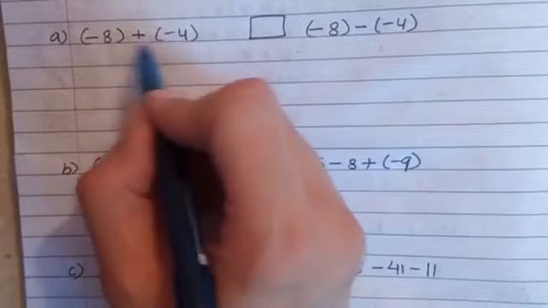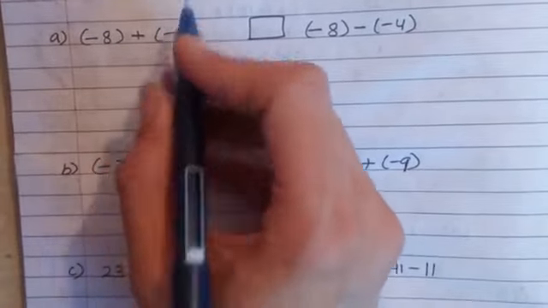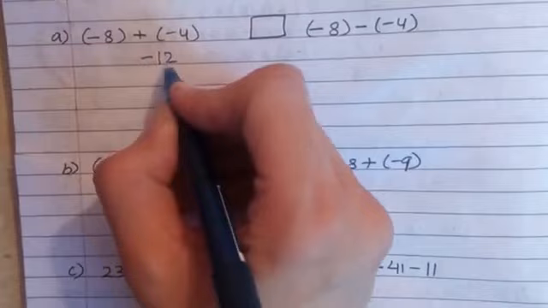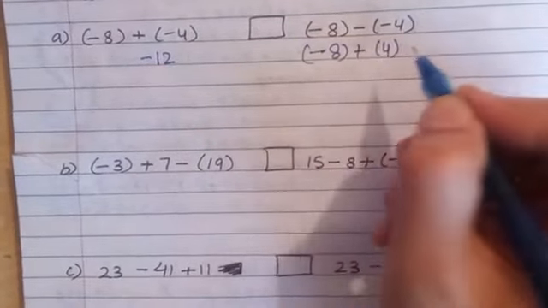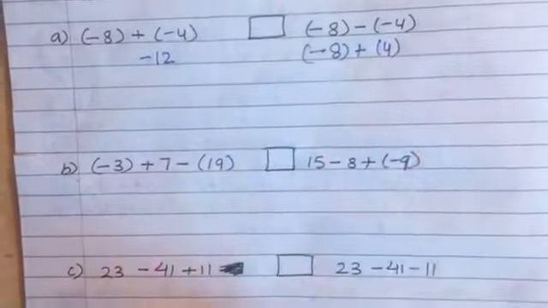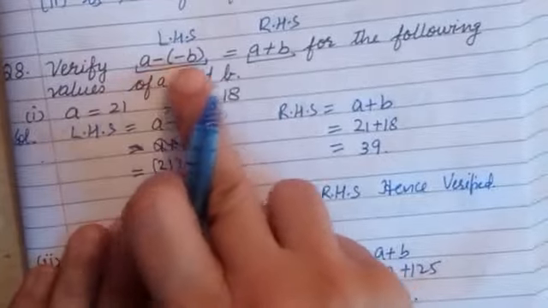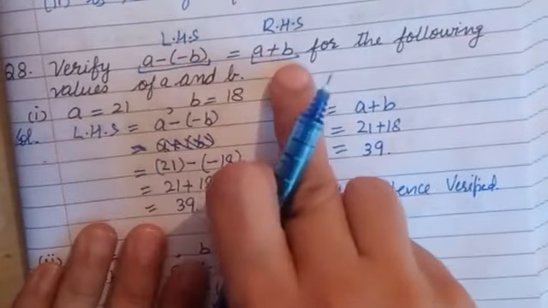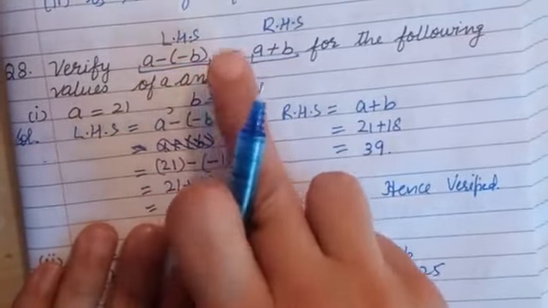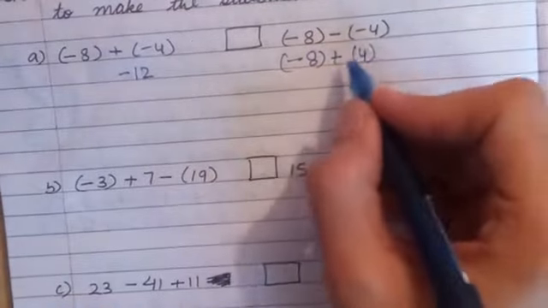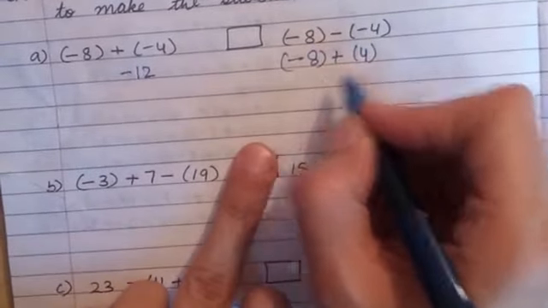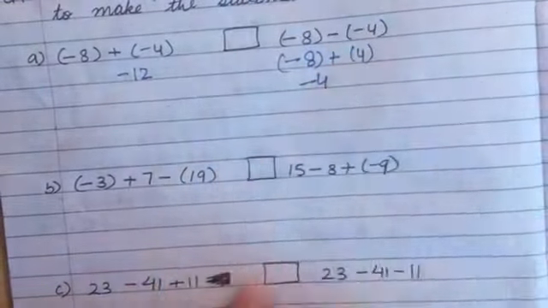Same signs, -8, -4, both are negative integers. The answer will be a negative integer. Add them up, put the minus sign. Here -8, add the additive inverse, and this thing also which we have done, a minus b, a plus b, minus plus. This rule you can apply here, that minus plus. So here different signs, subtract and sign of greater.